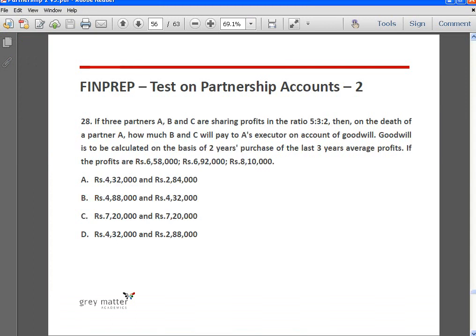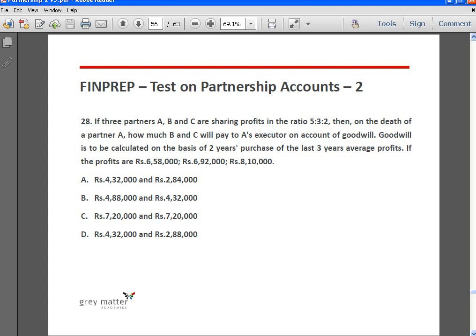If 3 partners A, B and C are sharing profits in the ratio of 5:3:2, then on the death of a partner A, how much B and C will pay to A's executor on account of goodwill? Goodwill is to be calculated on the basis of 2 years purchase of the last 3 years average profits. Profits are given to us. So we have to first of all calculate the average profits, which is 6,58,000